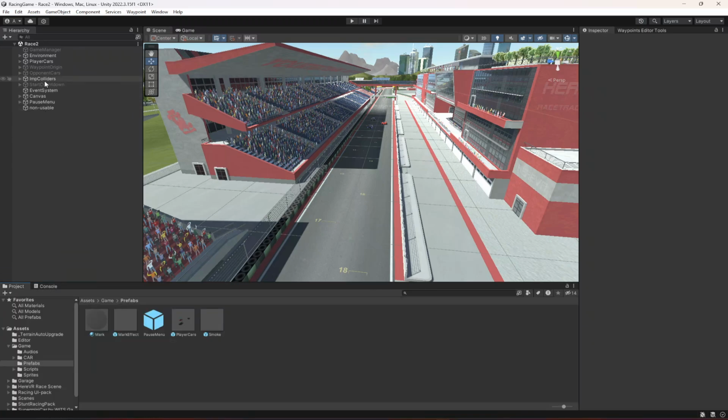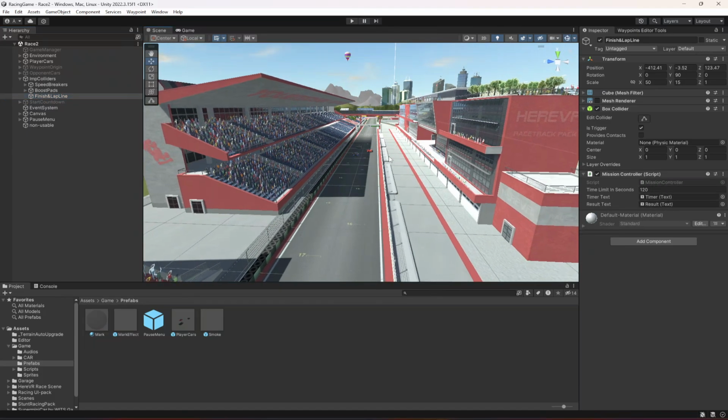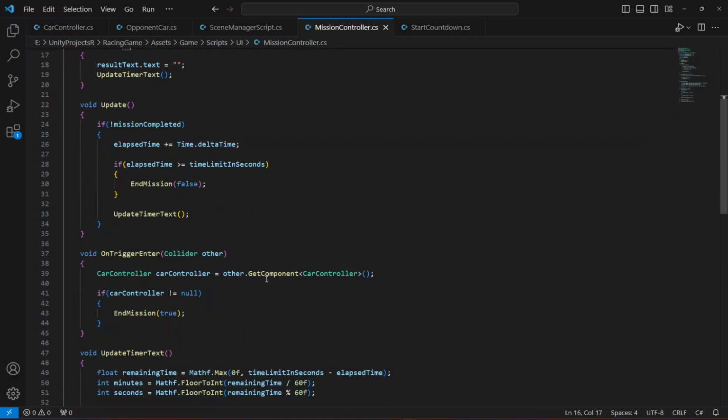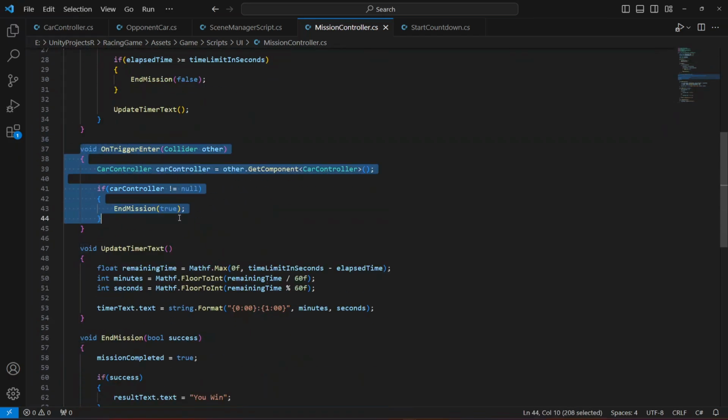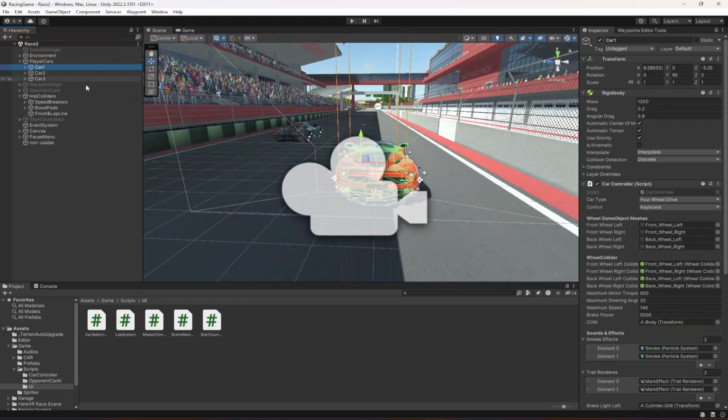So how we're gonna do that is, let's open up this important colliders. As you can see, this is it. This is our finish and lap line. And if we open this script, okay, as you can see on trigger, we end the mission, okay, when the car controller hits it. But it is not detecting the player car. And in order to fix this, let's double click on our first car,